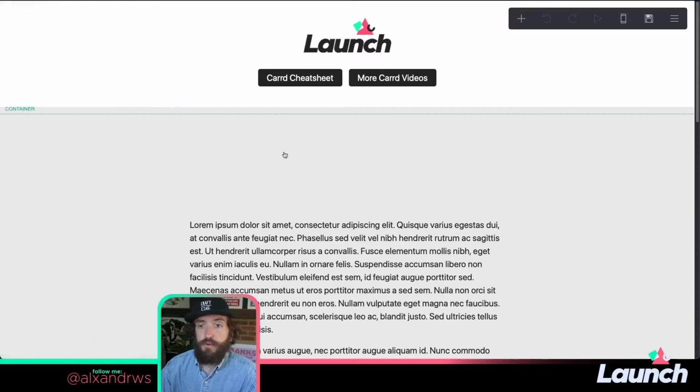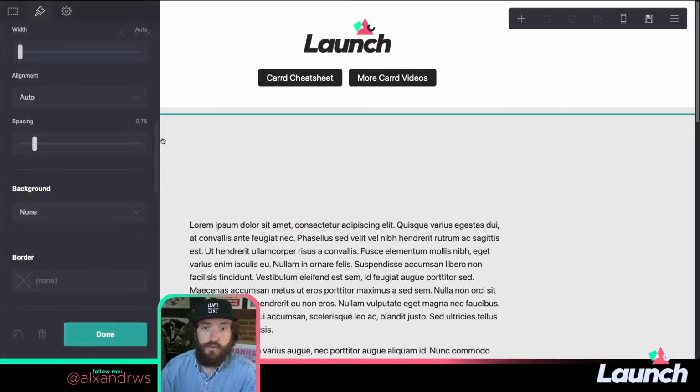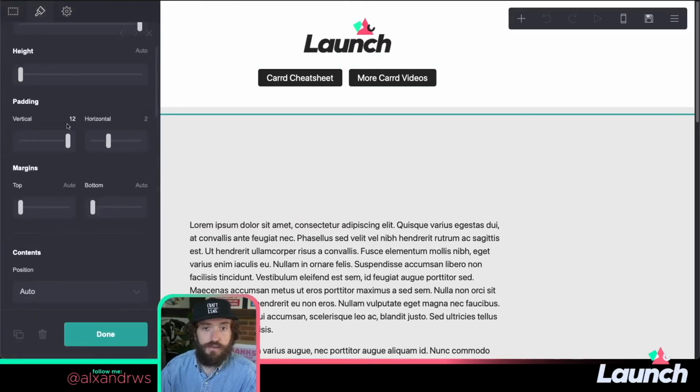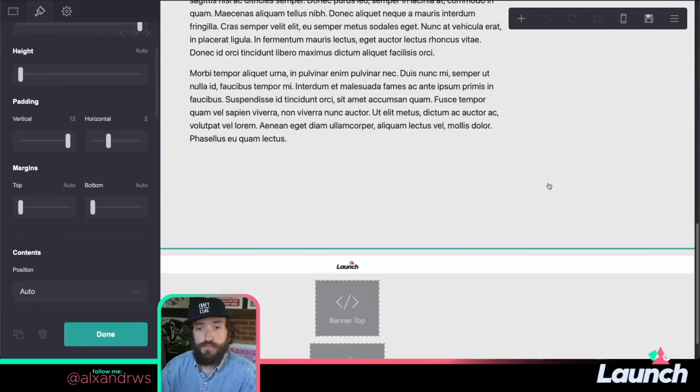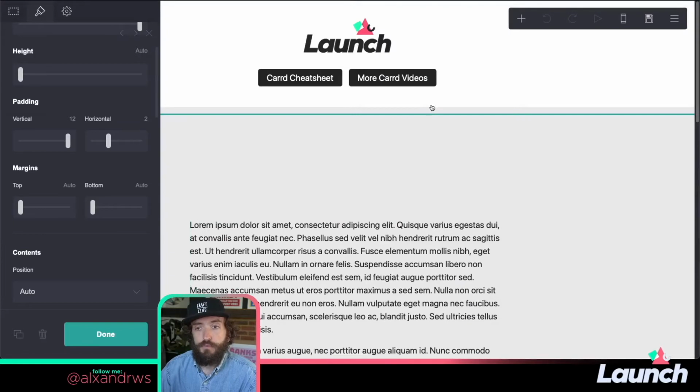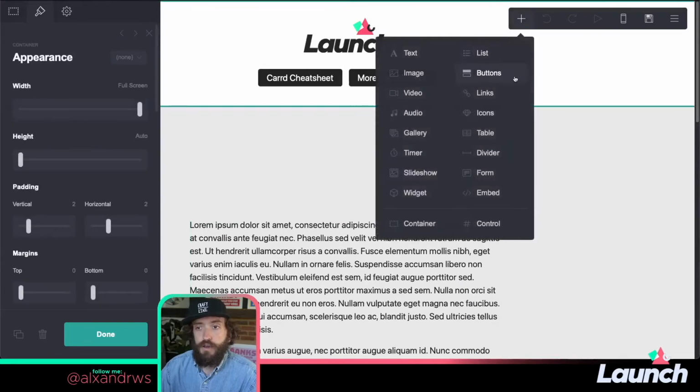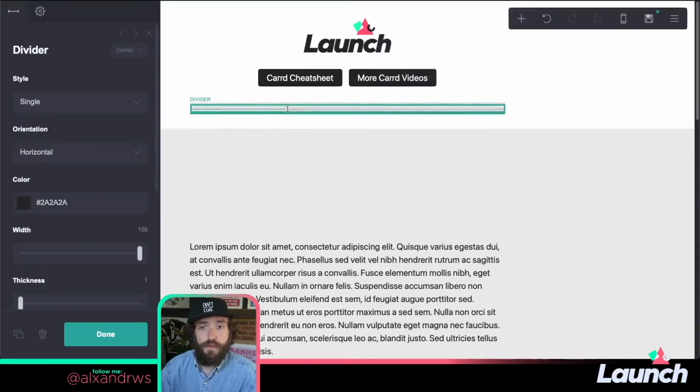The next thing to remember is that you need to leave enough space between the start of your main website and the header. This space here needs to match this space here. To achieve that, all I've done is to increase the container vertical padding to maximum, which is 12. Just note that if you do it this way, you're also going to get the vertical padding at the bottom. So another way around this would be to add in a divider and to drag that out